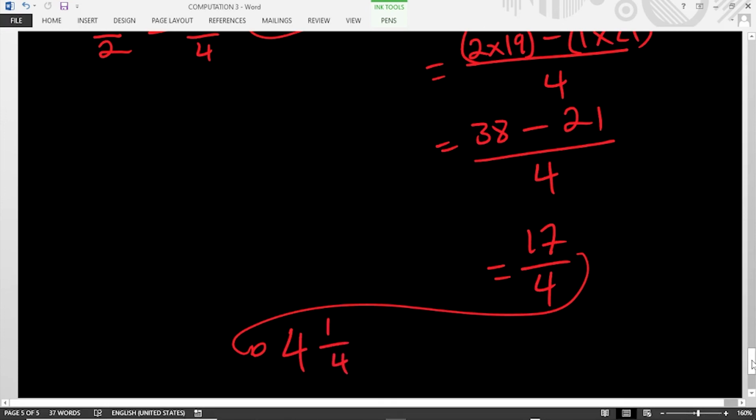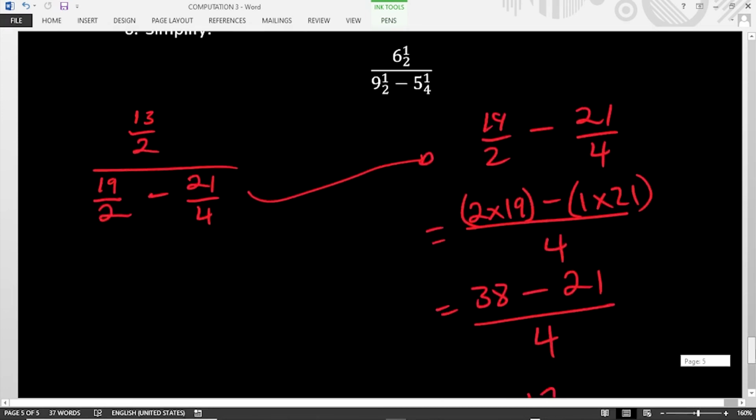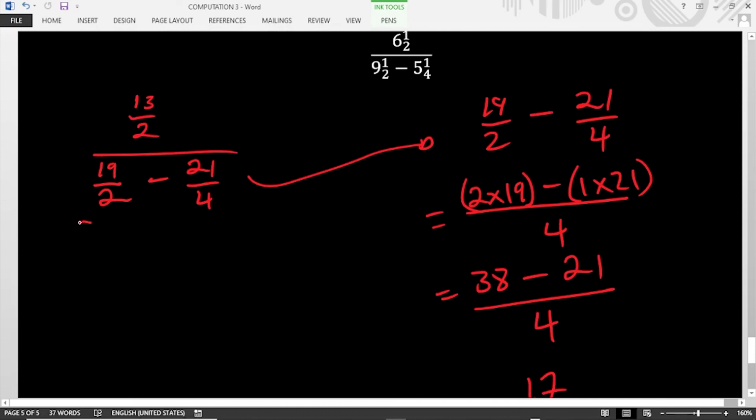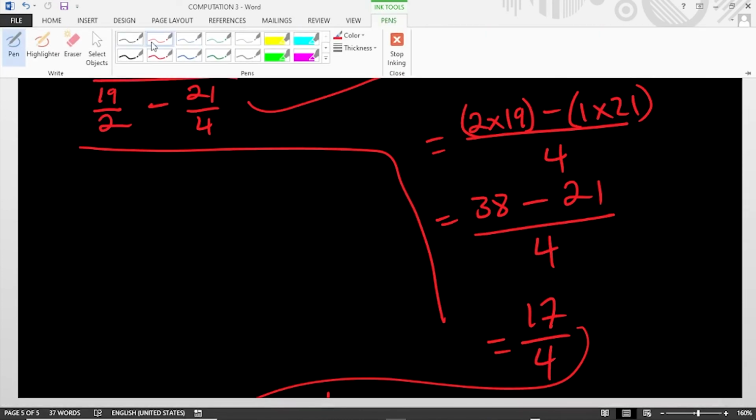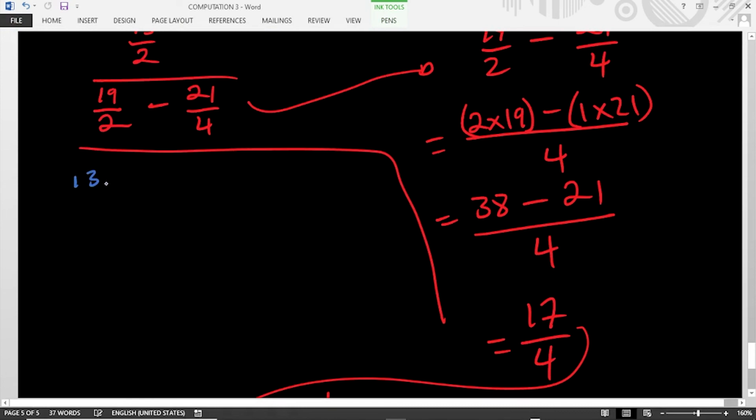Okay, but that's not our answer yet. We have to take the 4.25. Remember, we have the 13 over 2 here. Okay, so I'm just trying to create some space there. So we have, let me use a different color. Okay, we have 13 over 2 over, well, let's put back the 17 over 4. Right, 17 over 4. Shouldn't have converted to a mixed number yet, but anyway, 13 over 2 over 17 over 4, right? And that gives us, so we have to get rid of the fraction in the denominator,